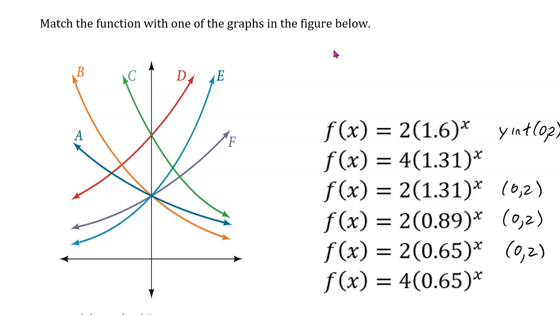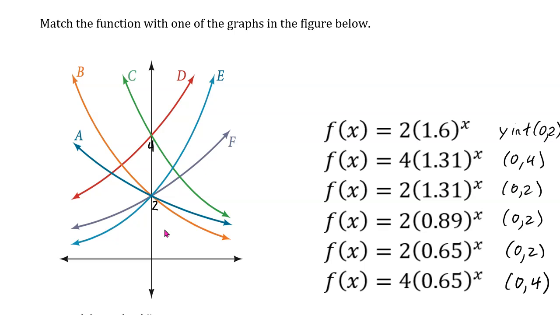This one, however, will have a y-intercept of (0, 4) because it has a 4 on the front, and when anything's raised to the 0th power other than 0, we get the number 1, and 1 times 4 is 4. This means, looking at the picture, that this lower spot here must be 2, and this higher spot must be 4. That means, by process of elimination, that the only two possibilities for this second one and the sixth one